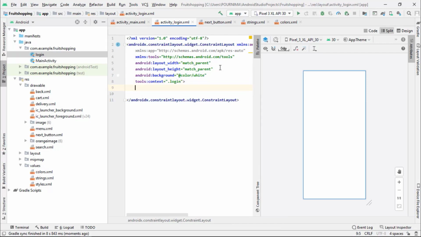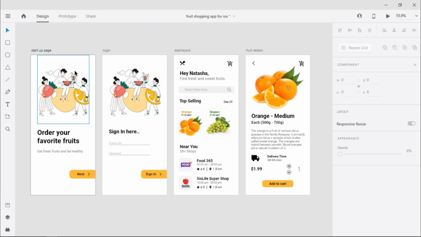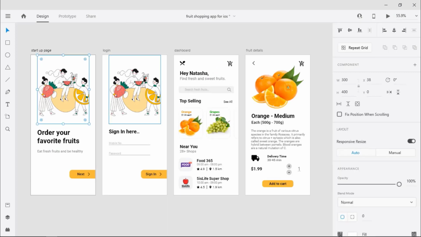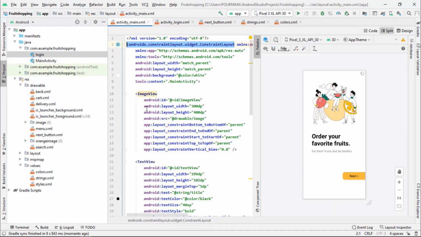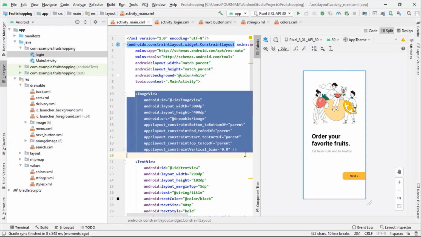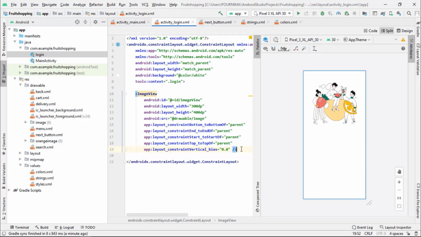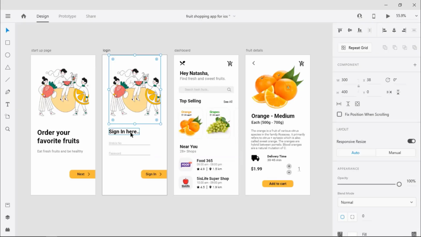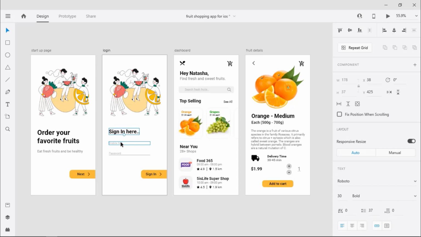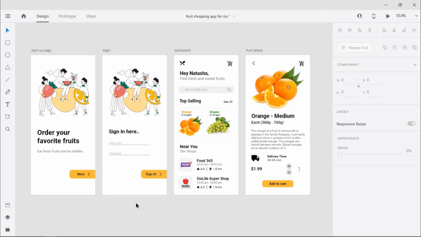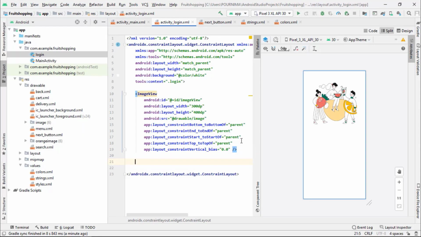Good. Now as you can see in Adobe XD, for both startup page and login page we have the same image with same constraint. So let's copy the code for the image we have added to the startup page, and let's paste this code into the login page. Good. Now for login page we need to add the text view, and the edit text fields where customer will be adding their mobile number as the ID and the password. So let's add the text view first,